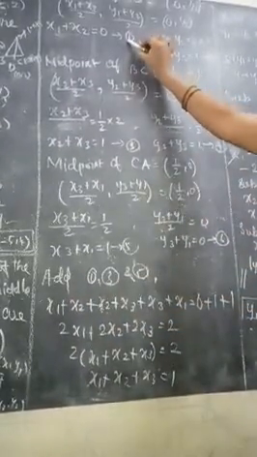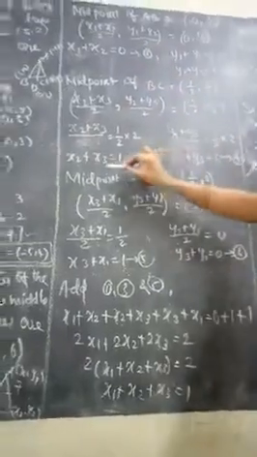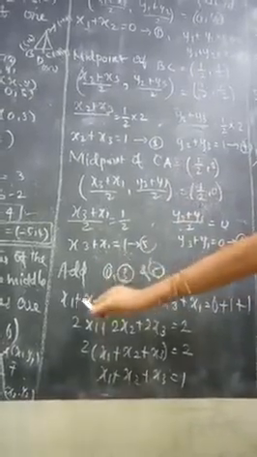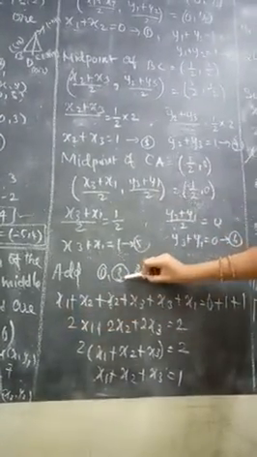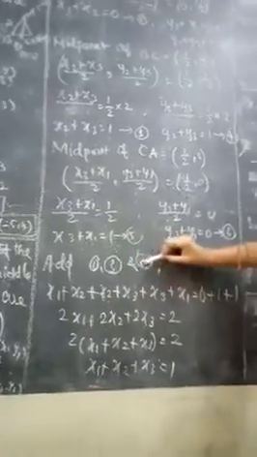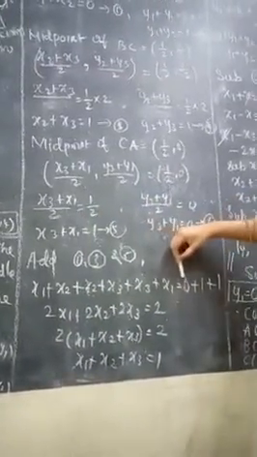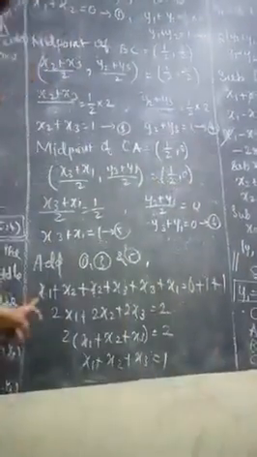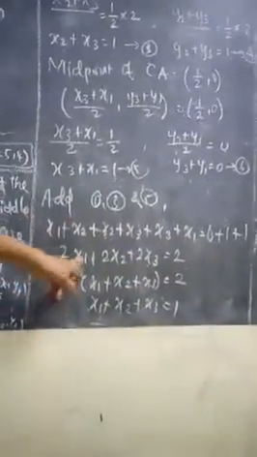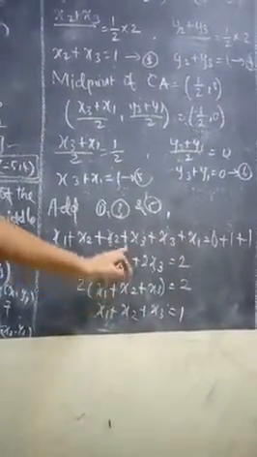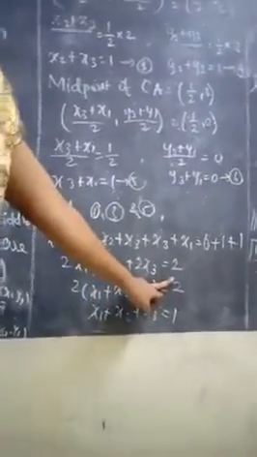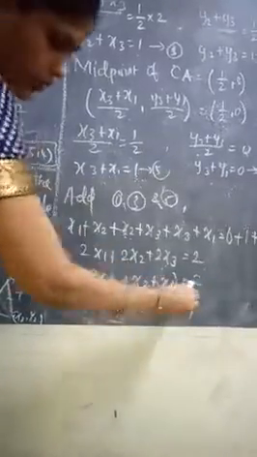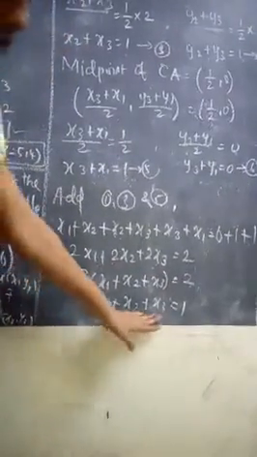Equation number 1 is an x term, equation number 3 is an x term, equation number 5 is an x term. First you add these. What is equation number 1? x1 plus x2. Equation number 3? x2 plus x3. Equation number 5? x3 plus x1 equal to 0 plus 1 plus 1. Next, x1 plus x1 is 2x1, x2 plus x2 is 2x2, x3 plus x3 is 2x3, equal to 2. Next, take 2 as common. So 2 times (x1 plus x2 plus x3) equal to 2. So the 2 cancels, and x1 plus x2 plus x3 equal to 1.